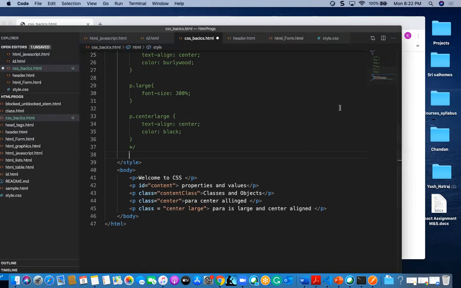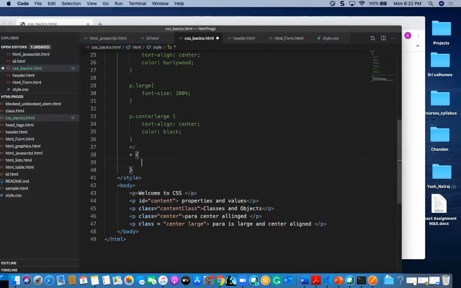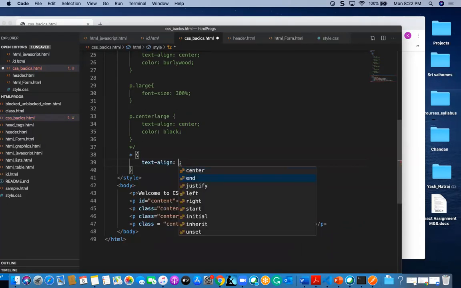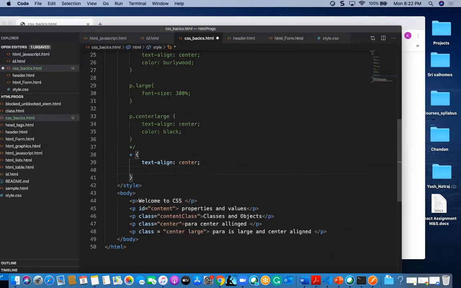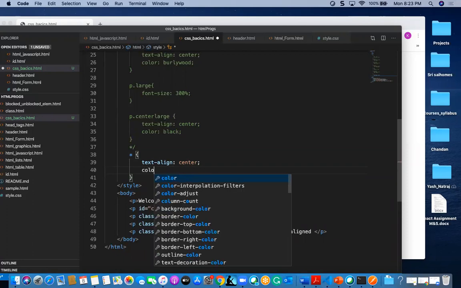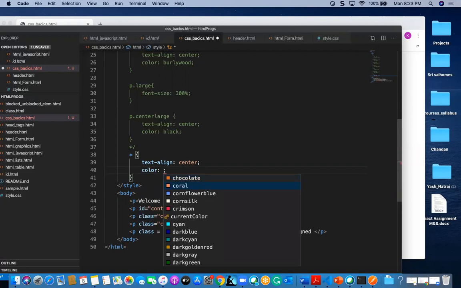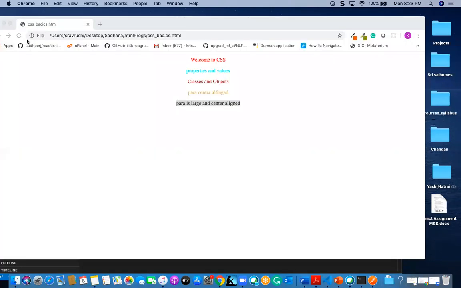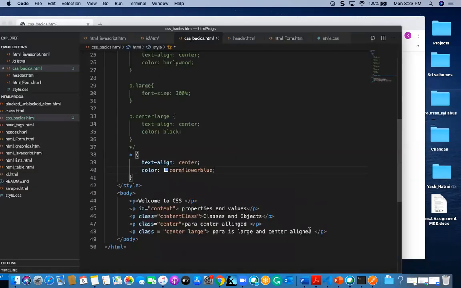Okay, so here I am going to give a star and some text align, center I give, and also I am going to mention a color, this one blue, cornflower blue, and you can see now all the classes are there.